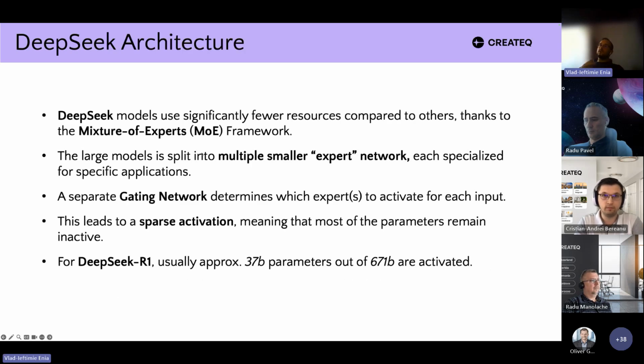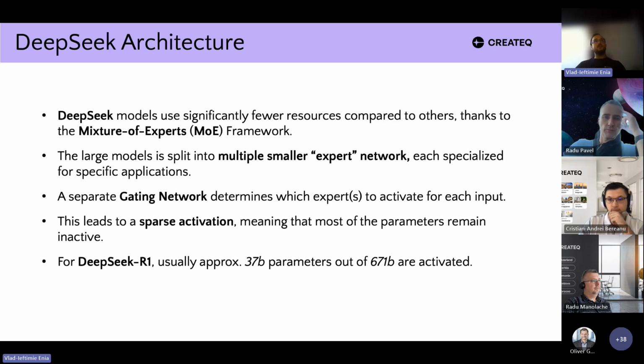What is very nice about DeepSeek is that it is much easier to run and operate because it uses something called sparse activation. So when you use a model from DeepSeek, it does not use the whole model. Not all of the parameters are activated during inference or training, because DeepSeek uses a mixture of experts architecture.